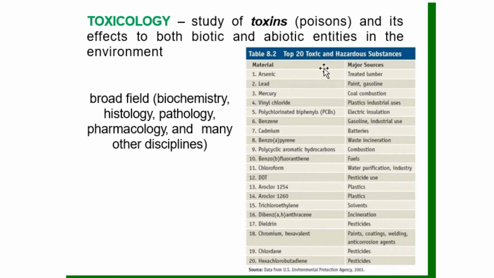Now, these are the top 20 toxic and hazardous substances, examples of the materials and their major sources, where we could find them or locate them. Number 1, we have arsenic, so treated lumber, lead, paint or gasoline, mercury, we have coal combustion, vinyl chloride, plastics, industrial uses, PCBs, we have electric insulation, benzene, we have gasoline, industrial use, cadmium, we have batteries,